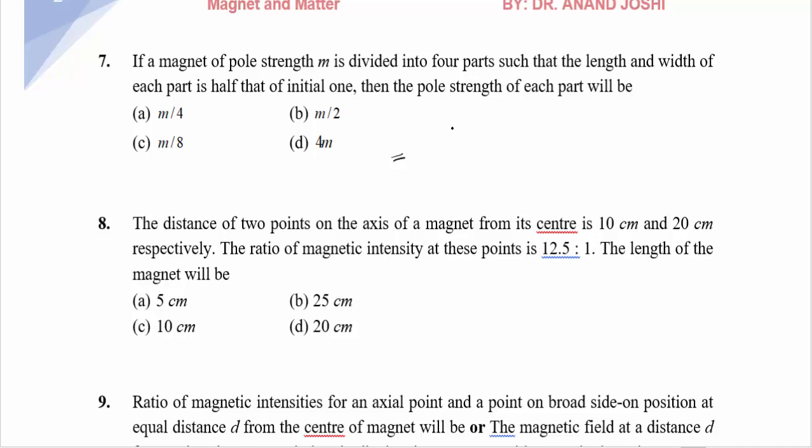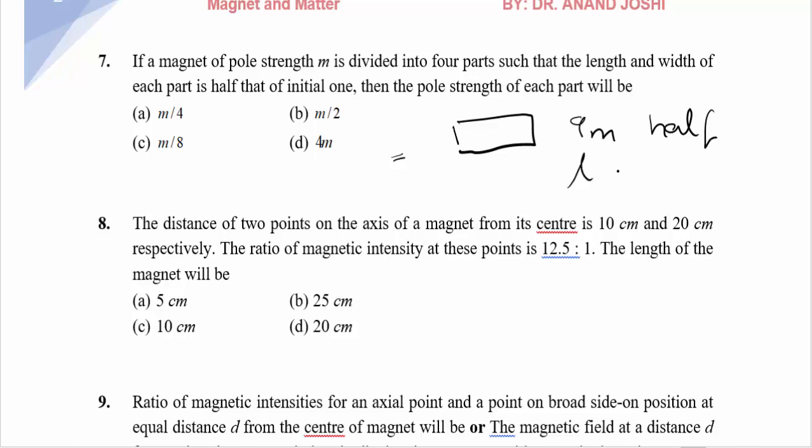See here, there is a magnet of pole strength M. It is divided into 4 equal parts. Now the length and width of each part is half of the initial. The length is half, the width is also half. Means pole strength reduces to half,